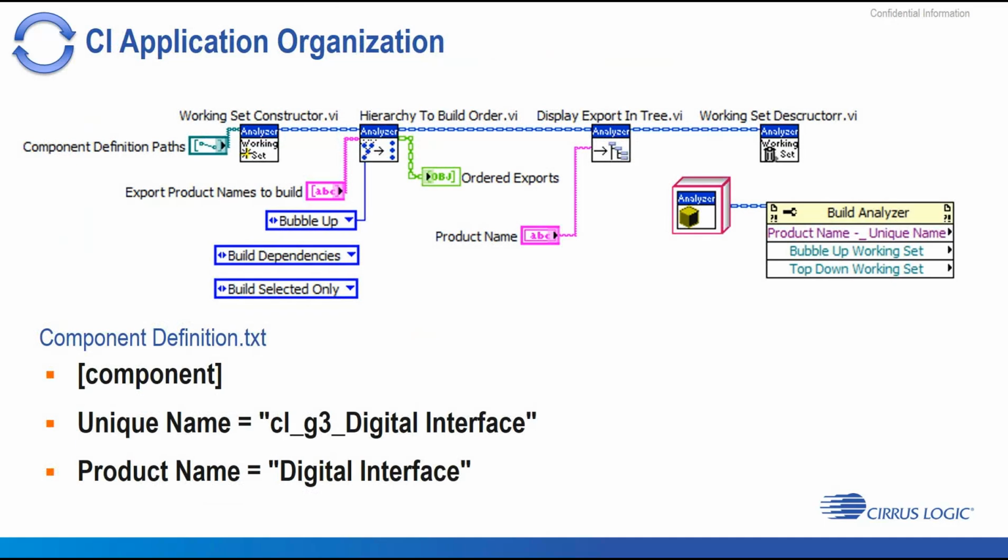All right, so we're going to dive into the Build Analyzer API. You're looking at it. If you give me an array of component definition files, then I'm going to build a tree under the hood. And then if you tell me which exports you'd like to build and how you'd like to analyze them, I'll spit out ordered exports. That is the API. This third VI is just UI candy. If you want to know information about a particular export, I'll display it to a tree on your UI. And that's actually what was